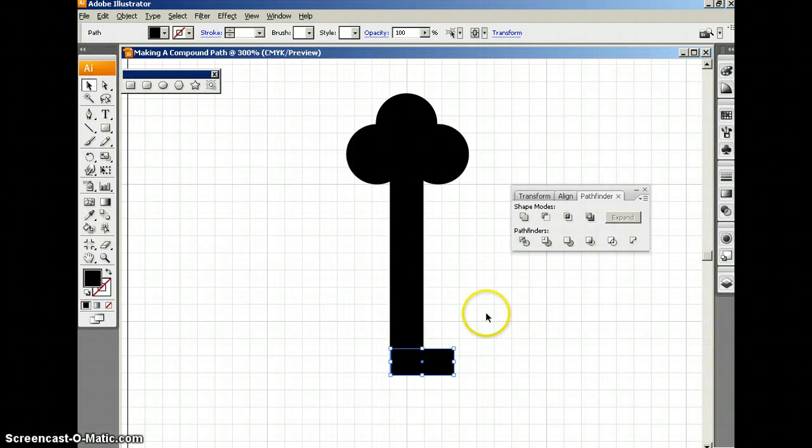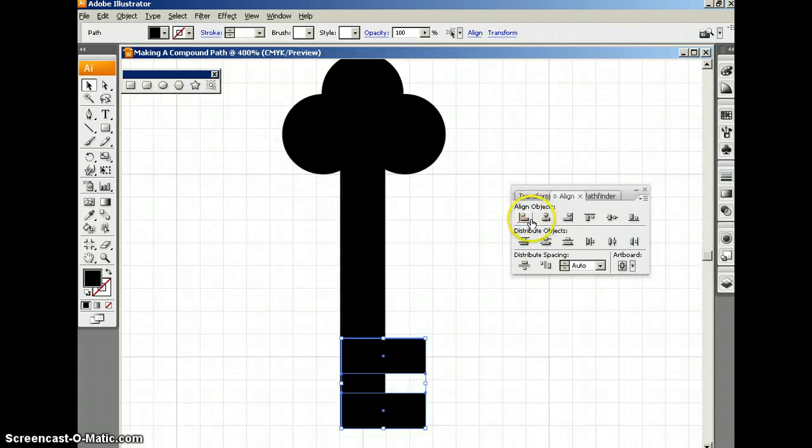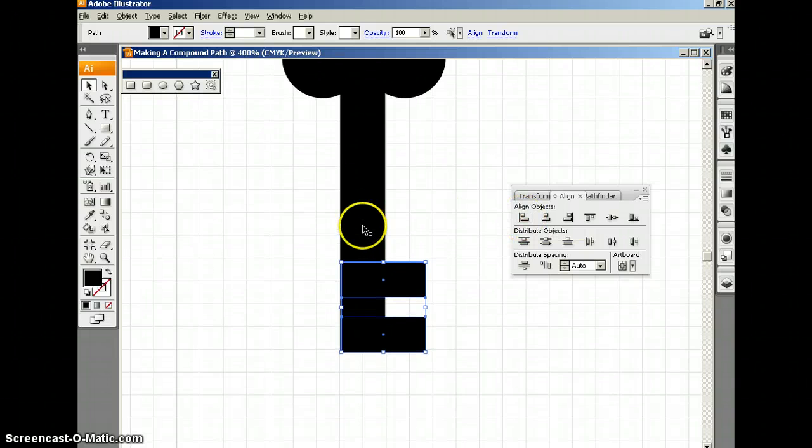Okay, now I'm going to take that black arrow, hold down Option, hold down Shift. Again, Option gives me that double arrow. Now I'm going to select these both, and I'm going to go to the Align palette. The Align palette helps you distribute your objects, and if you look really closely at the left icon, hover over it, it says Horizontal Align Left. Now I want it to align with this rectangle. So first I'm going to align left. That matches those two up, and then